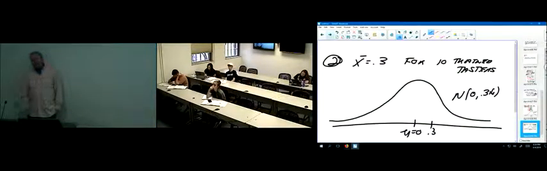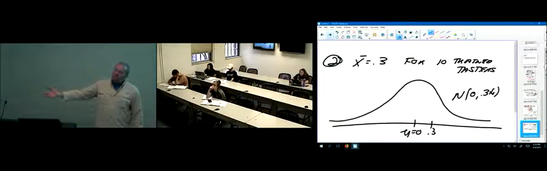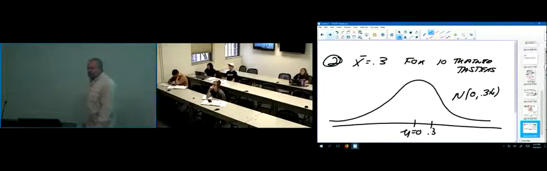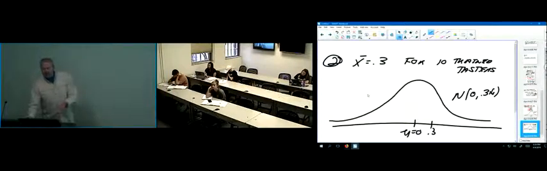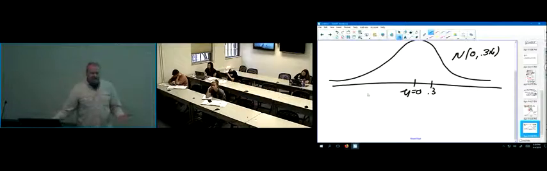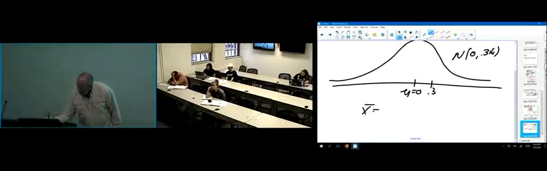The standard deviation is 0.316. 0.3 is less than 1 standard deviation to the right of the mean, right? You're not very far away from the center. In other words, that picture there is like us going downstairs and me making 15 when you're expecting me to make 16. You didn't find anything. In other words, x bar being 0.3, not being very far out the tail, being close to the center, being within 1 standard deviation of the center,